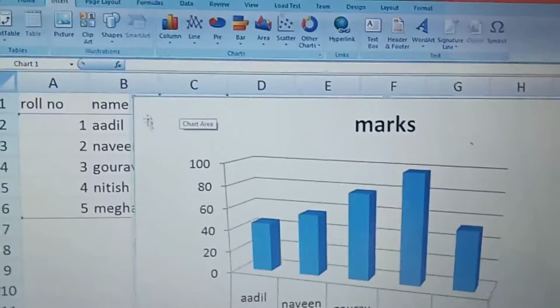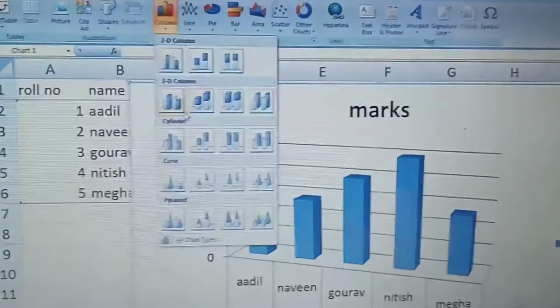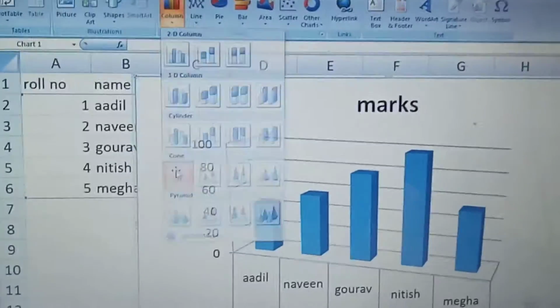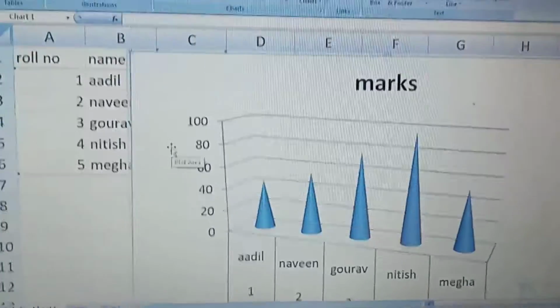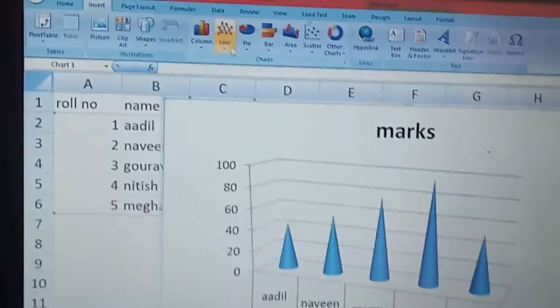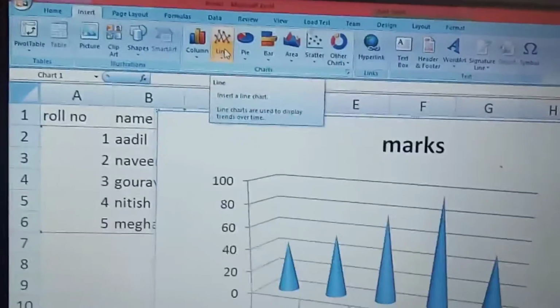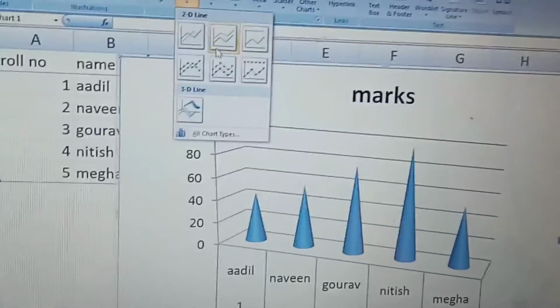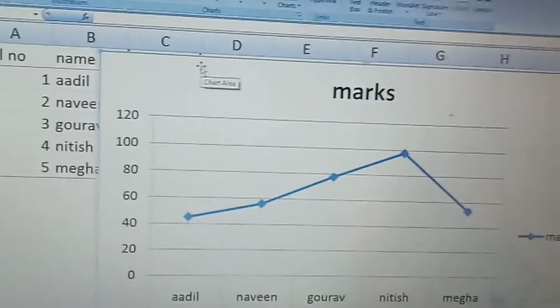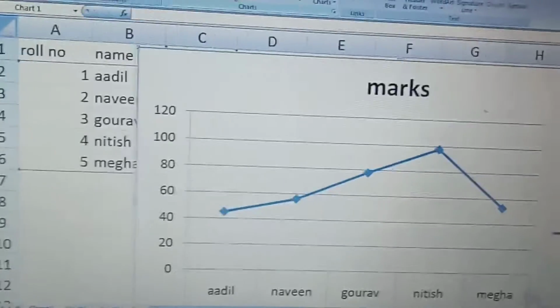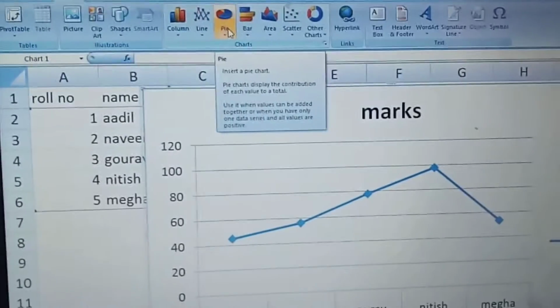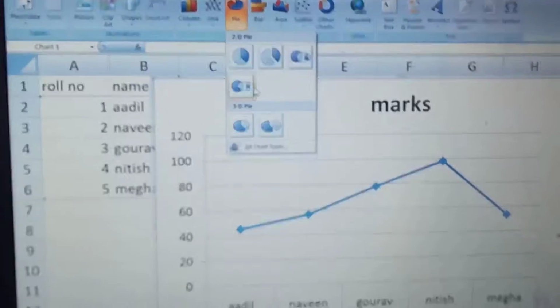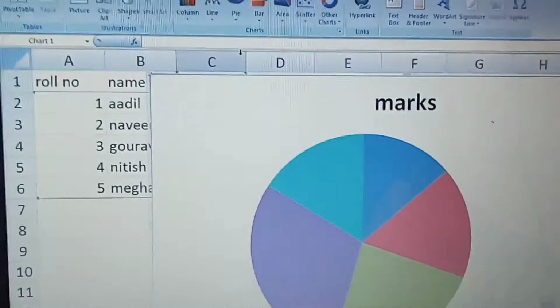Again if I choose a cone chart, then it is converted into a cone form. In the same manner, if I select the line chart, then lines are implemented. Next is our pie chart. By clicking on the pie chart, I select the 2D pie chart.